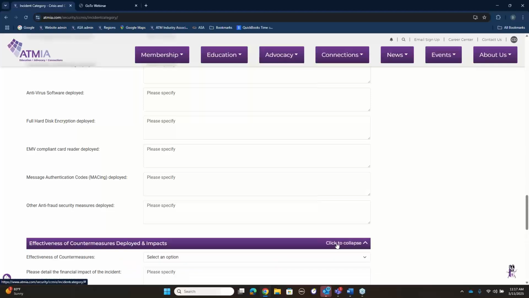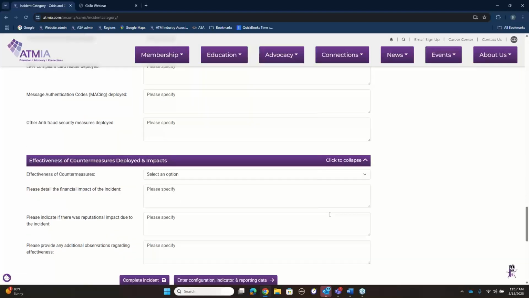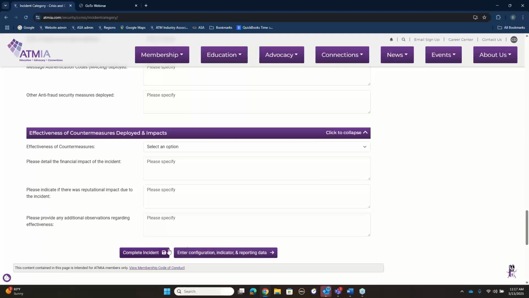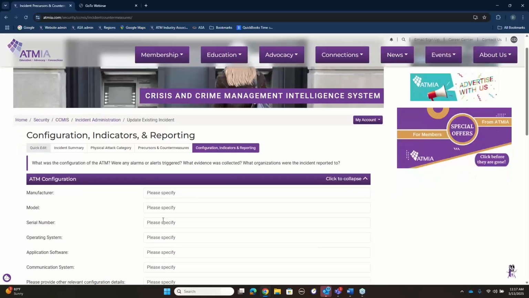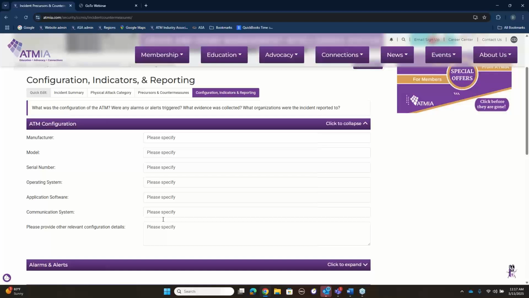And then finally, a group of other category countermeasures that might be in place. Then again, if you're complete with the report, you can edit here, or you can go on to the last section, and that allows you to plug in the manufacturer, the ATM model, serial, any other information that you might have,